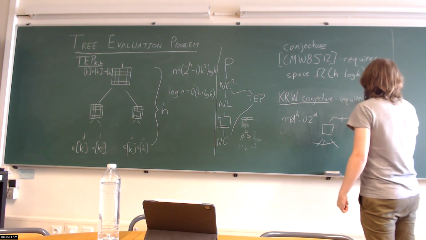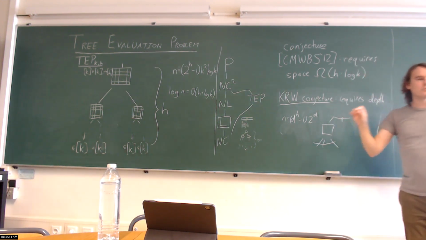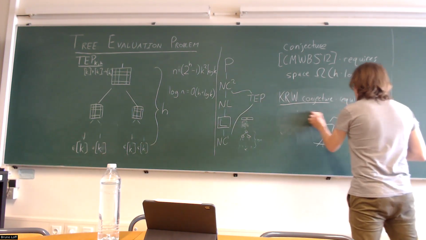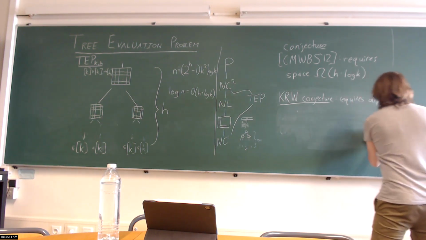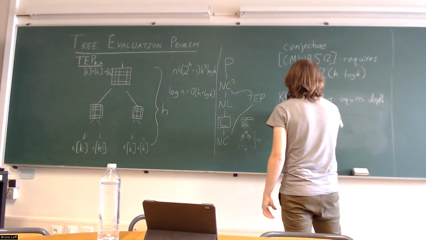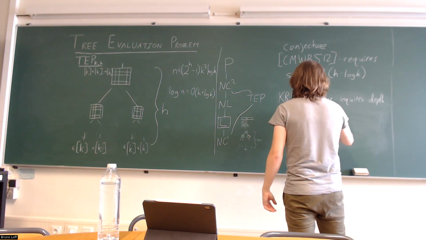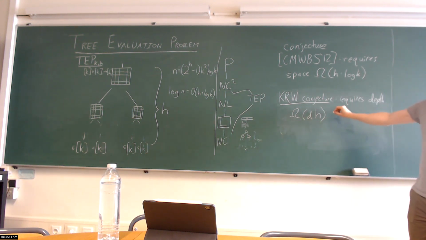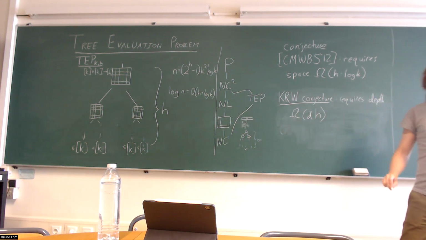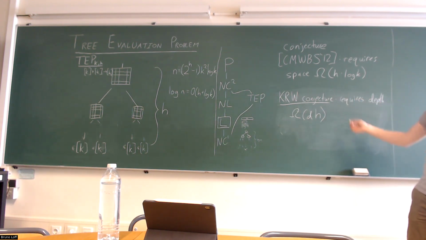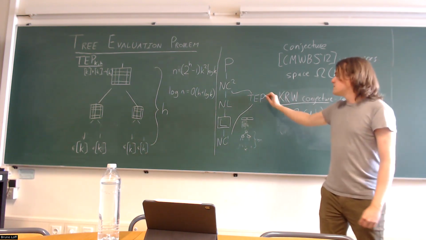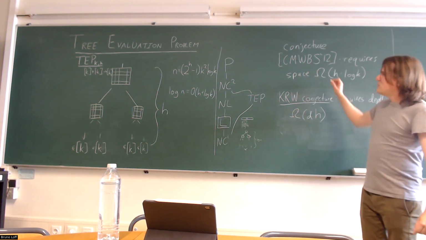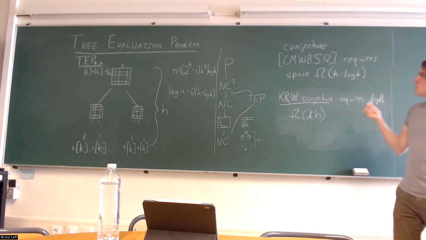It implies it. It's a more specific conjecture about the structure of these things. But ultimately, if their specific conjecture is true, then what it implies is that this problem requires depth omega of D times H. And I just erased what n is, but this is once again log squared. So the long-standing conjecture is that when you generalize the fan-in, this problem is actually hard for NC. This is all just to say that this is a long line of work